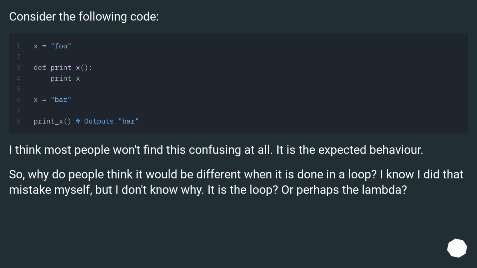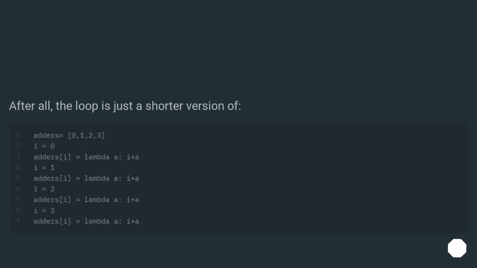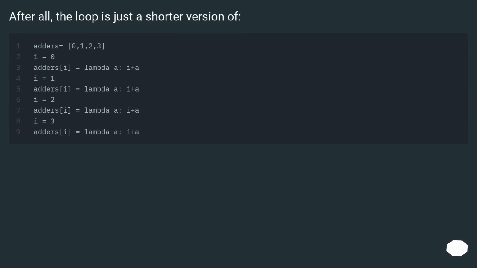Consider the following code. I think most people won't find this confusing at all. It is the expected behavior. So, why do people think it would be different when it is done in a loop? I know I made that mistake myself, but I don't know why. Is it the loop? Or perhaps the lambda? After all, the loop is just a shorter version of